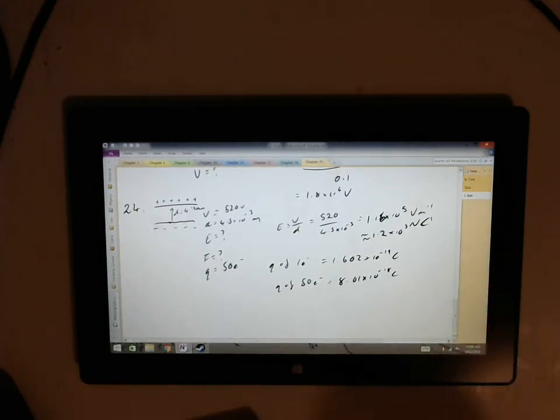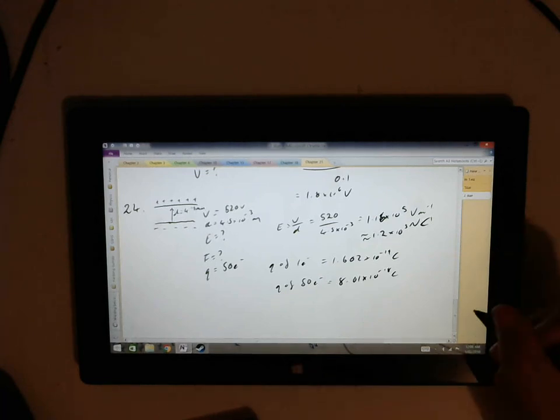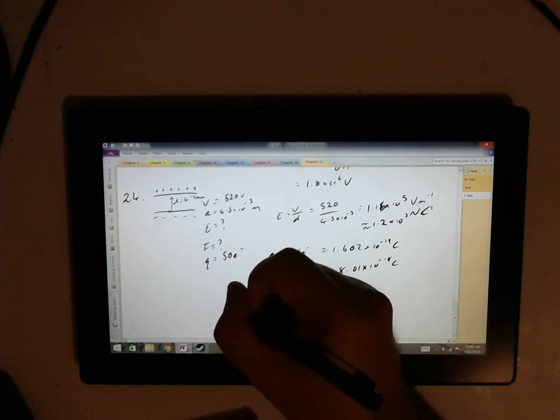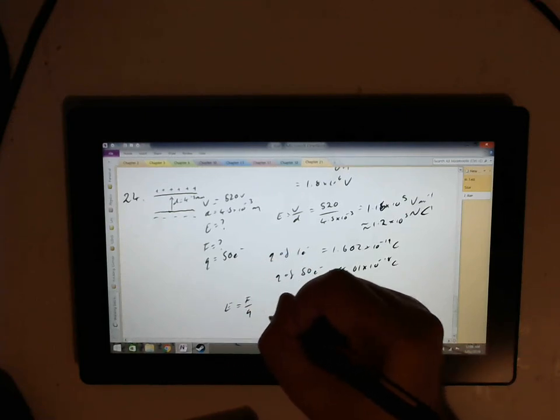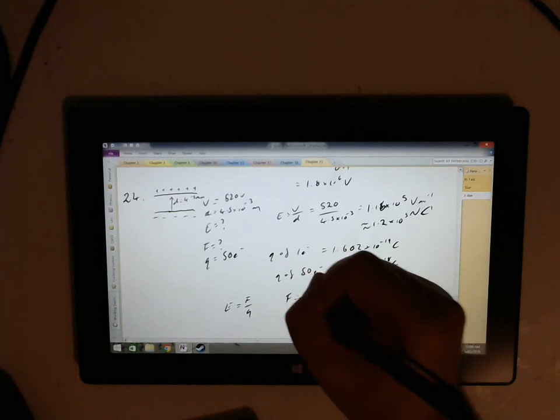Now we've got our Q, we've got our E from part A, and so now we can work out F. So the equation E equals F over Q, which means then that F equals EQ